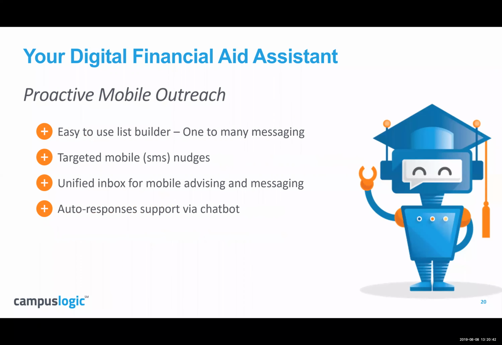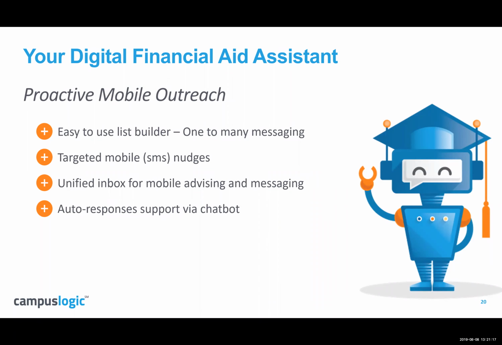And then the last feature. As we've talked to schools about their challenges with advising students, one of the common themes that we heard was that I sometimes can't run the students down. I can't reach them. It's hard to remind them of things. They get so many messages from across the campus. They get so many emails. We can't break through for things that are really important, to nudge them in the right direction towards that student financial success that we were talking about.